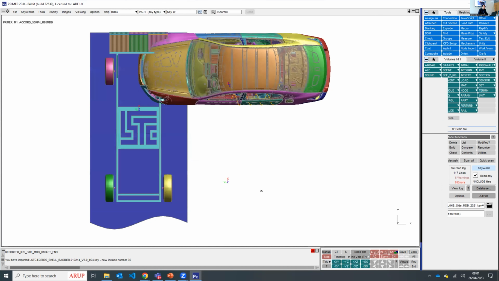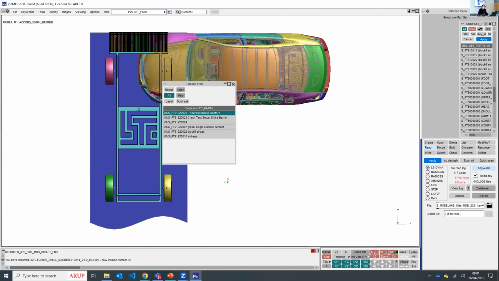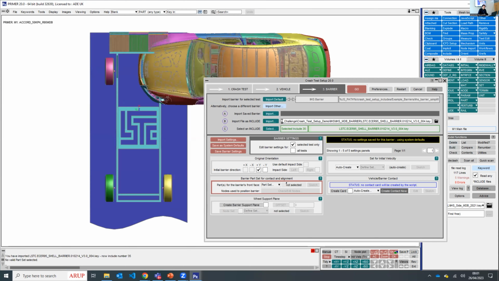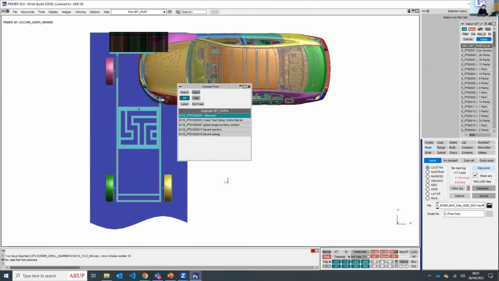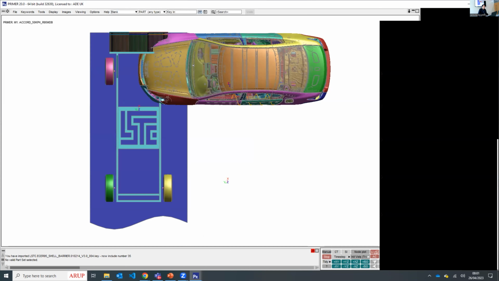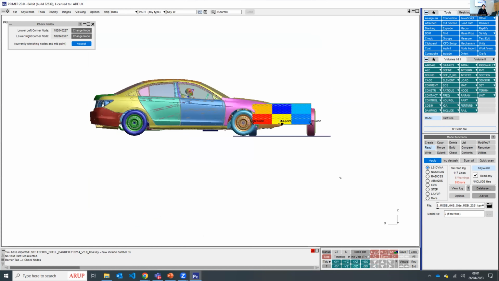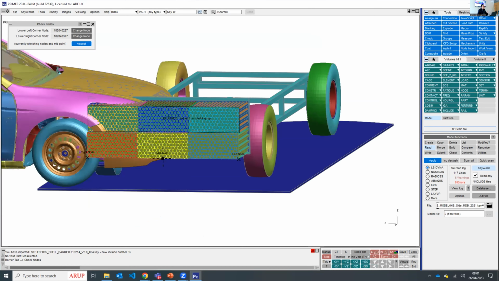So I'm going to select just the front face of the barrier. Apply, and then the tool will show me the front face of the barrier and the left, right, and midpoint of the front face. This is just to visually double check that these are correct. And we can click apply,